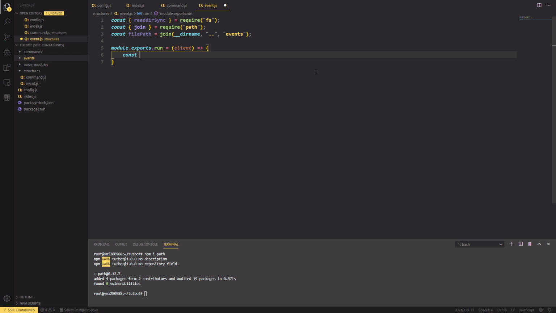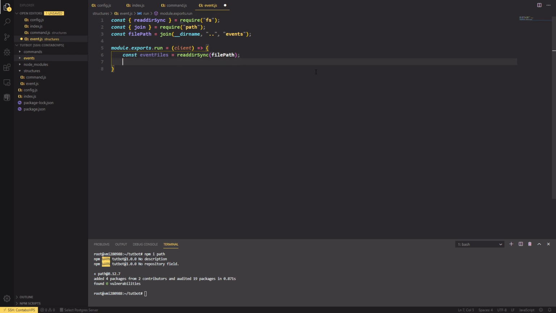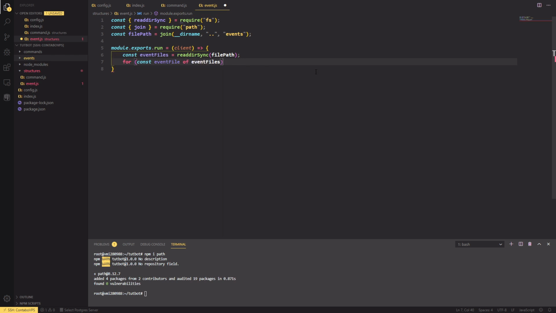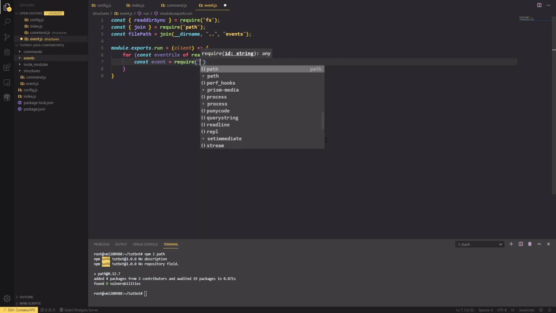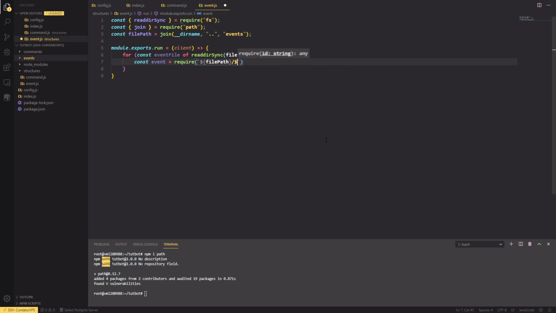Now you want const event files equals readdirSync file path, and then we want to create another for loop, for event file of event files. Honestly, that's a bit redundant, but we can do that. Then we can do const event equals require file path / event file,